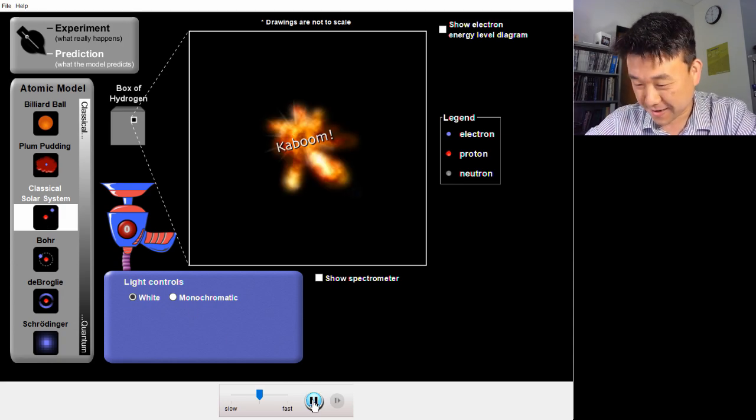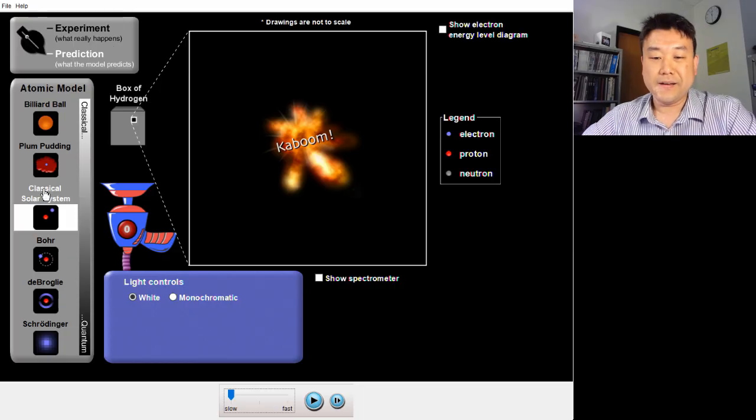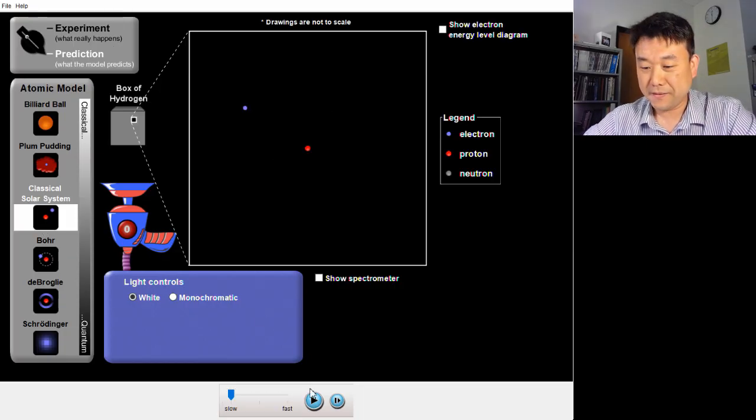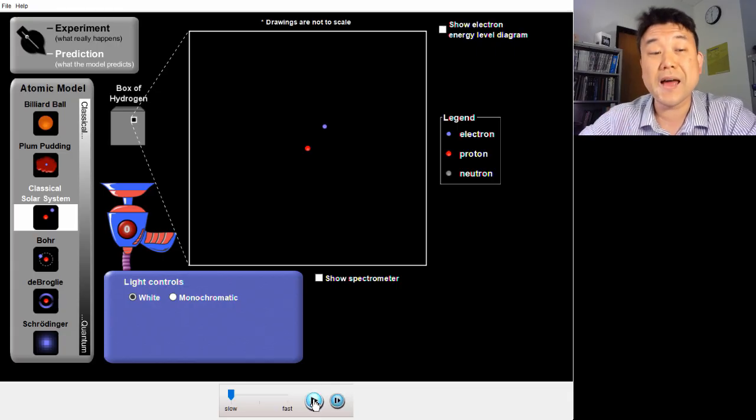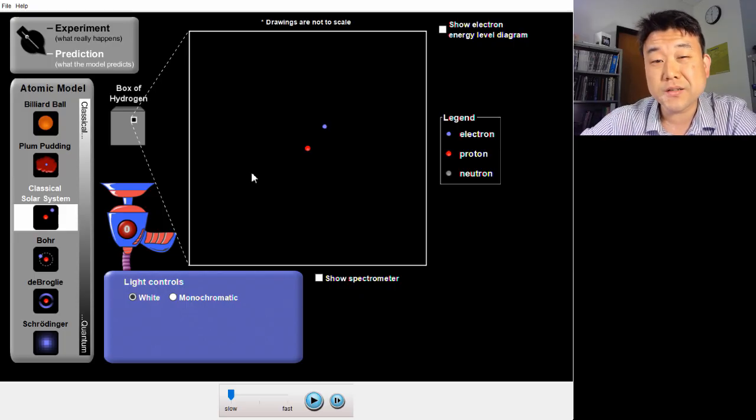Let me pause and run the simulation more slowly. Now, what's going on here? This was the result of physicists applying the existing theories and laws to this solar system model of the hydrogen atom. We will get to this later in the semester, but the well-developed theory of electricity and